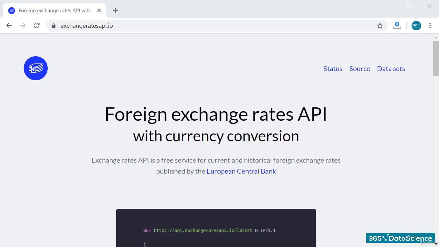Welcome back. In the upcoming videos, we will put into action what we've learned in theory about APIs. As a start, we're going to use a somewhat simplistic currency exchange rates API. Our first job is to check its official documentation. Here it is,